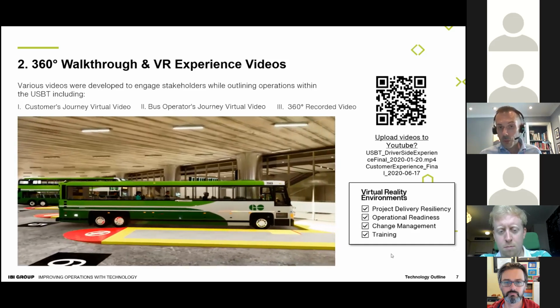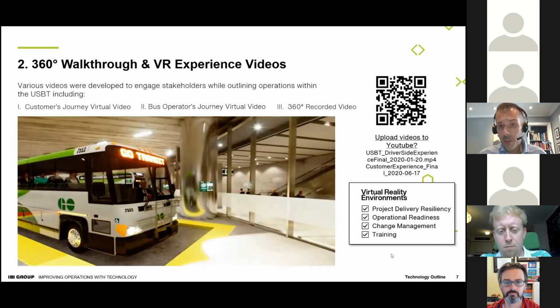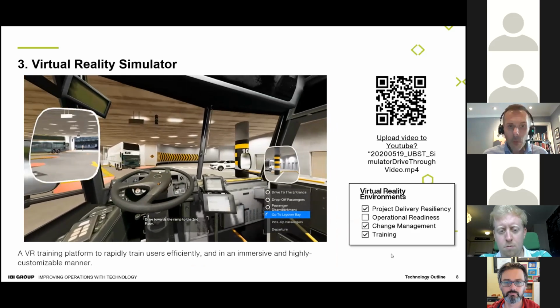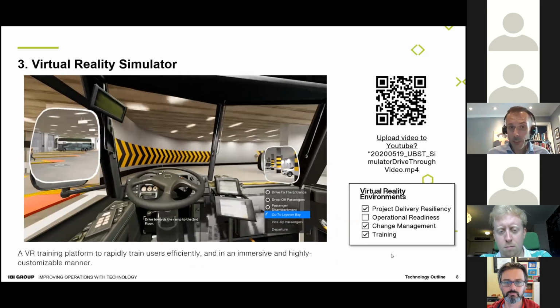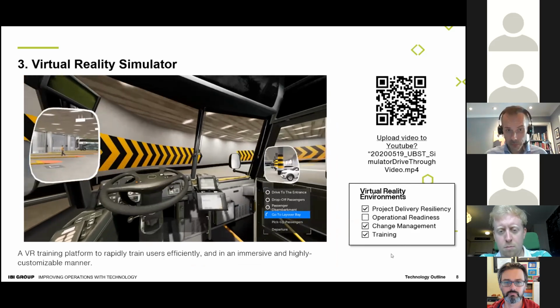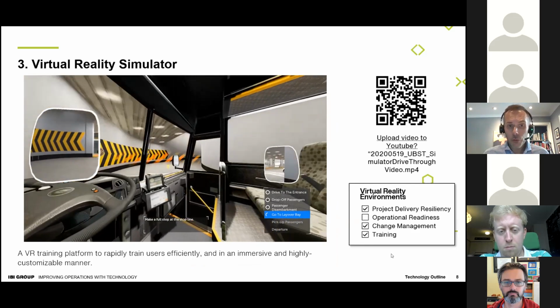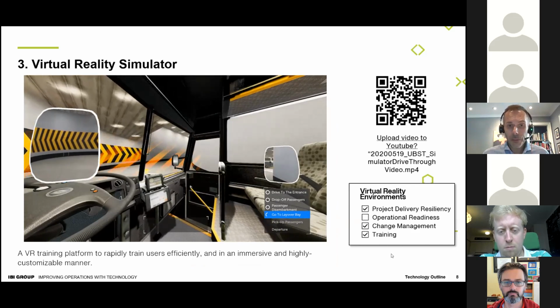Then the actual virtual reality tool was an absolute key element of our training. So I just mentioned we have over 800 drivers. It was identified early on, because of the significant operating change within this terminal compared to any of the other terminals in our system, that we really wanted to bring drivers to the space, but understanding that the facility was under